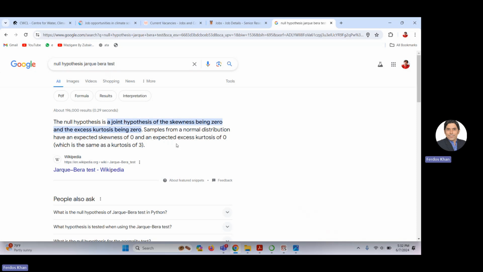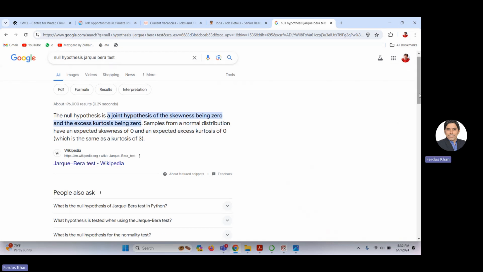So this means that samples from a normal distribution have an expected skewness of 0 and expected excess kurtosis of 0, which is okay. They simply say that if the skewness is 0 and the excess kurtosis is 0, this means that okay,